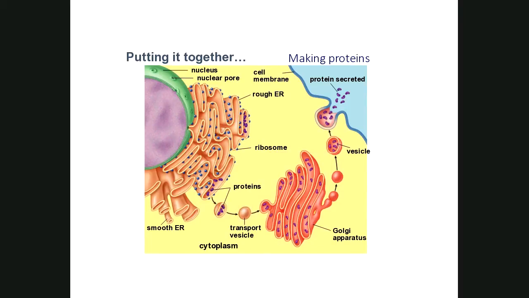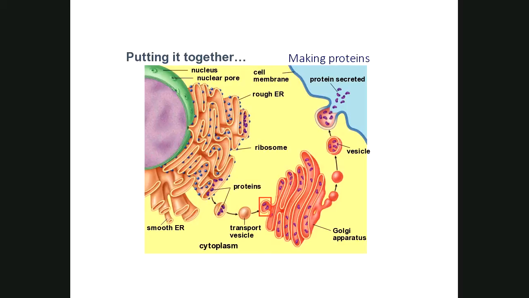This is where the transport vesicle binds to one side of that Golgi apparatus. So its membrane binds with the membrane of the Golgi apparatus. It opens up, it releases the protein contents, and the Golgi apparatus sorts those protein contents according to the contents. Once it determines the contents inside that vesicle, it will then repackage the contents into different vesicles, and